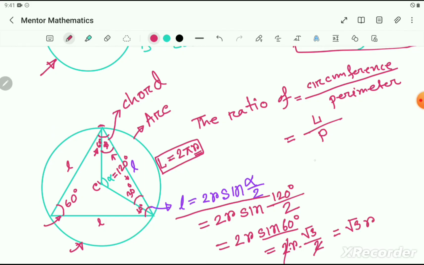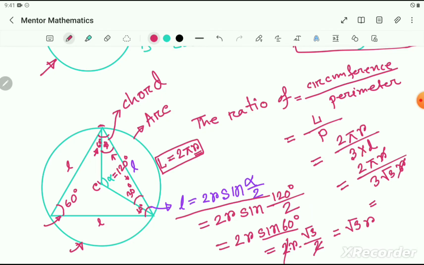Okay, so now we can write L equals 2 pi r, and the perimeter is actually 3 multiplied by the side, because there are 3 sides. So the ratio becomes 2 pi r over 3 root 3 r. We can just cancel out these two r's, then it becomes